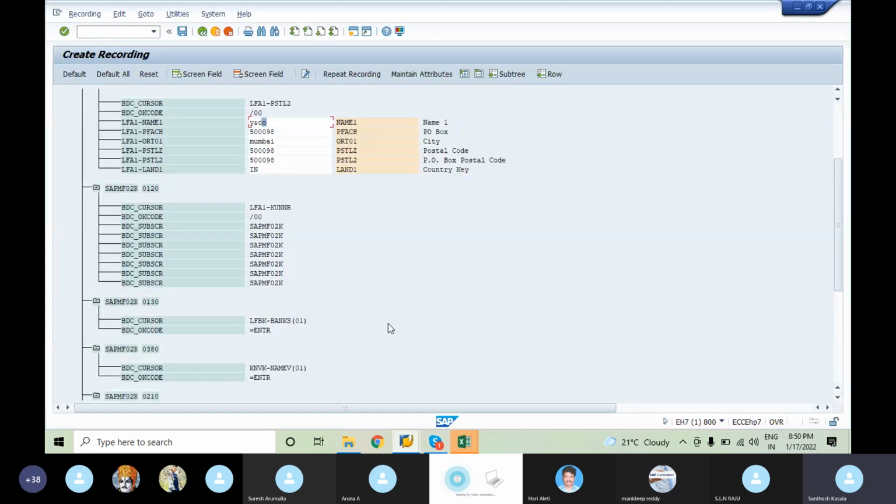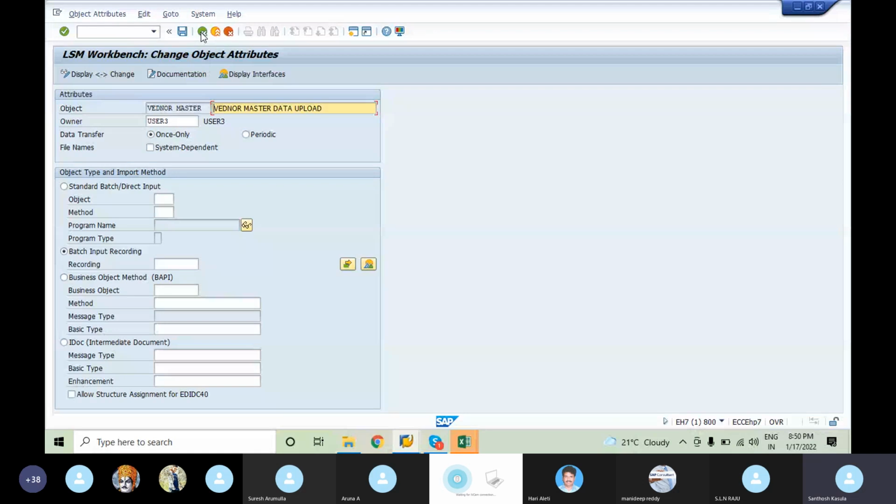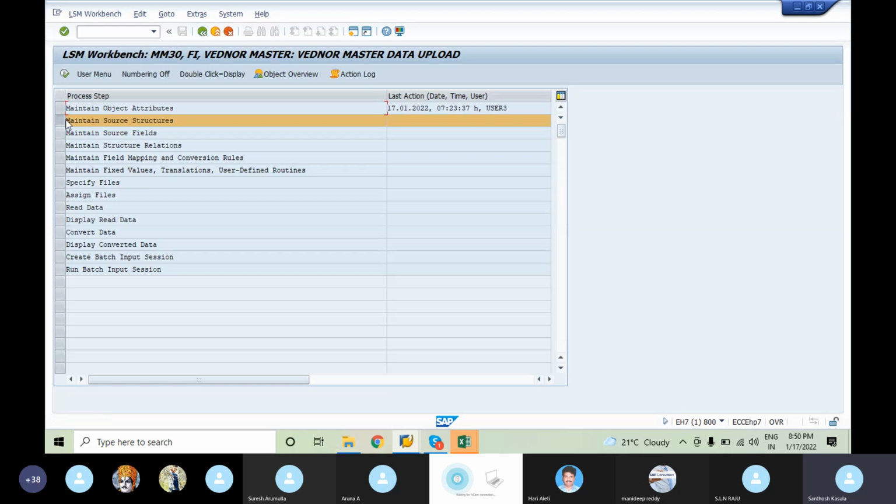Now if you go to this step, we need to just save this, come back, and again come back. After coming here to the recording place, we need to just click on drill down. That's it. Automatically the vendor recording we have created will come here, and we need to save it. Once it is saved, come back. When you have executed it, we have arrived at the first step. Once we finish the first step, it automatically goes to the second step.